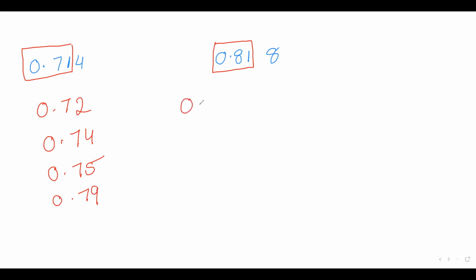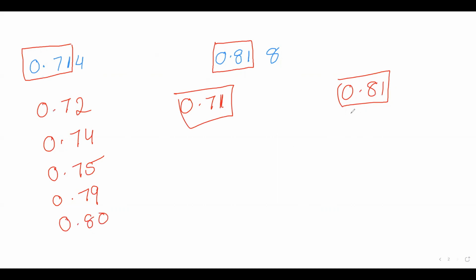In between 0.71 and 0.81, you can select any three numbers. Even 0.80 is also acceptable. So these type of decimals you have to select, which are in between these two,